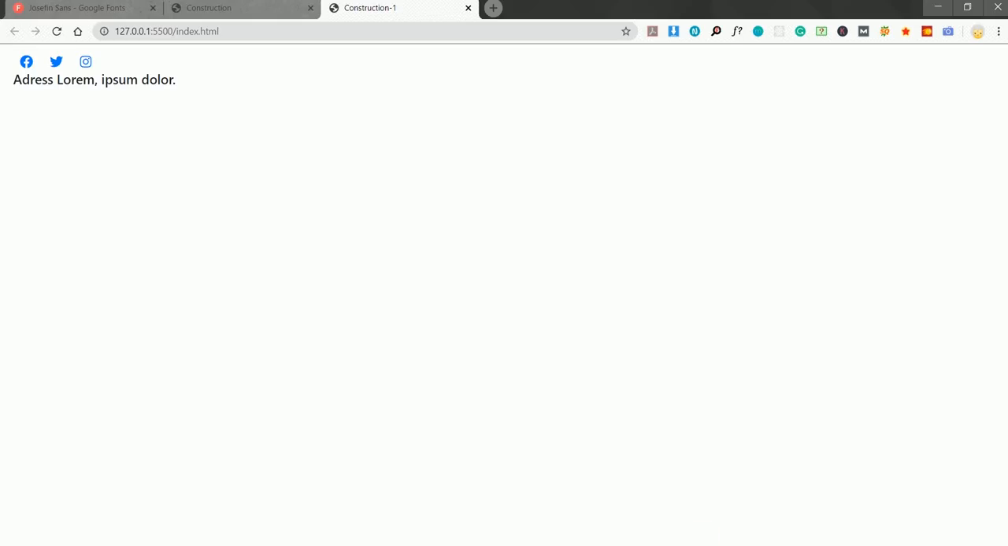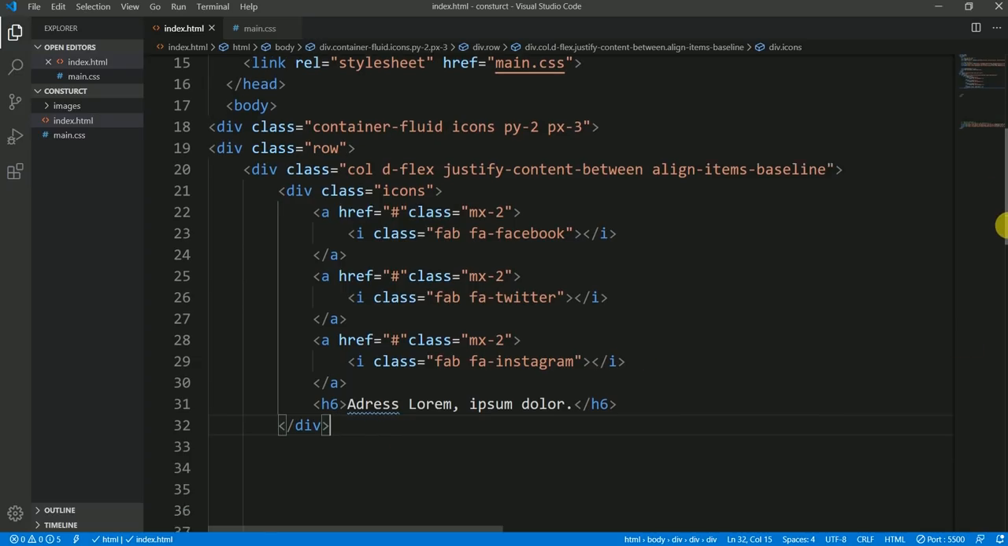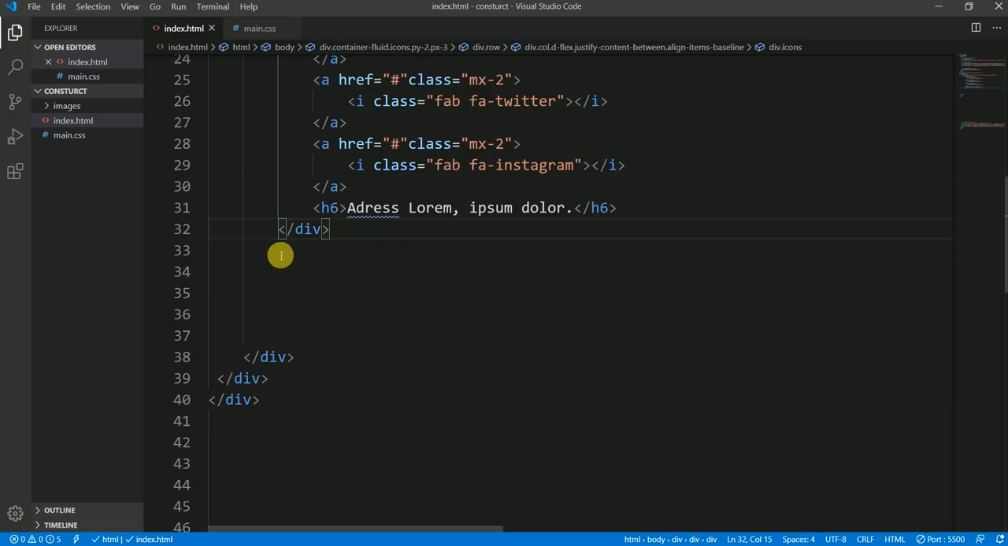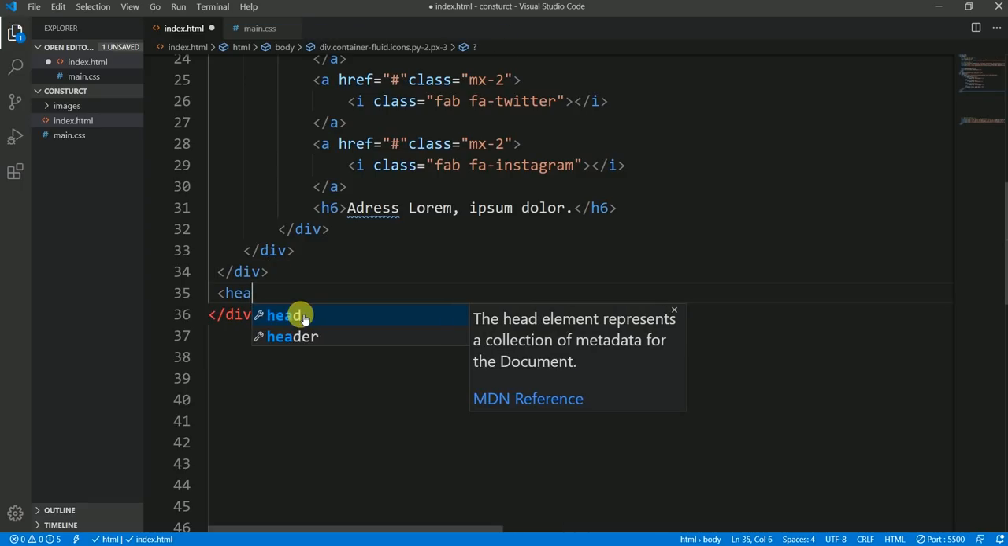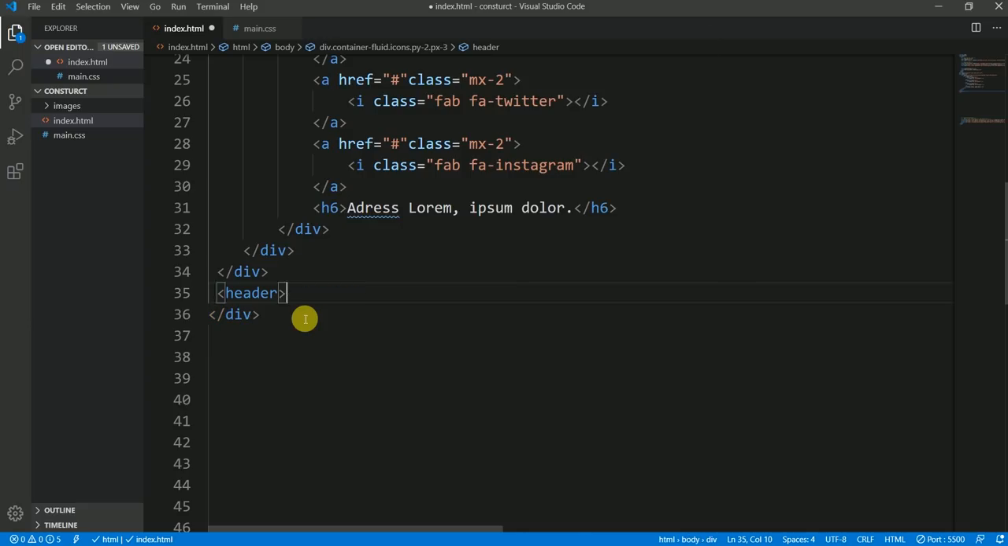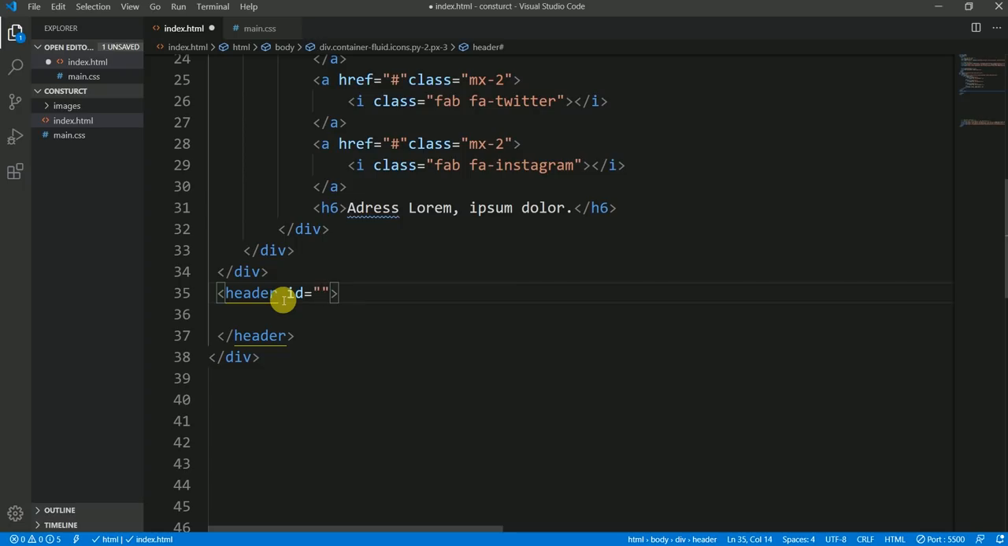Okay, so after this, let me bring it here, and let's remove these extra spaces. And here, let's have a header element, and within this header, I want to assign it an ID of header,